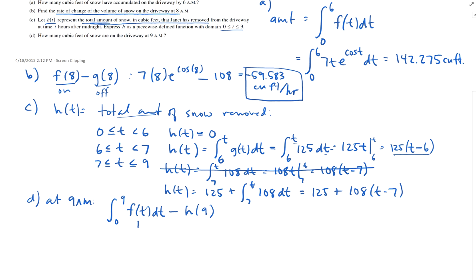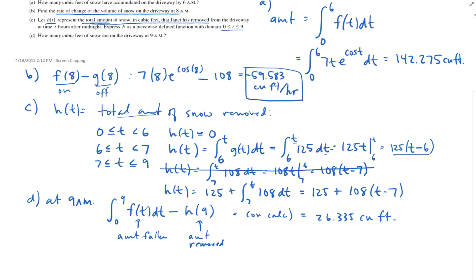So this is the amount. Let me scoot up here. This is how much amount has fallen, and this is the amount removed. Okay, and so again, the first part is done on your calculator, and H of 9, I'm going to plug into here, and if you do both of those on your calculator, you should get 26.335